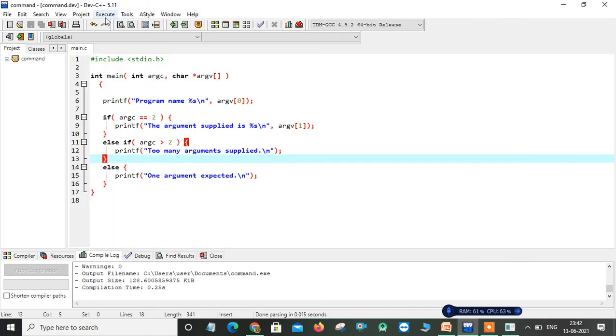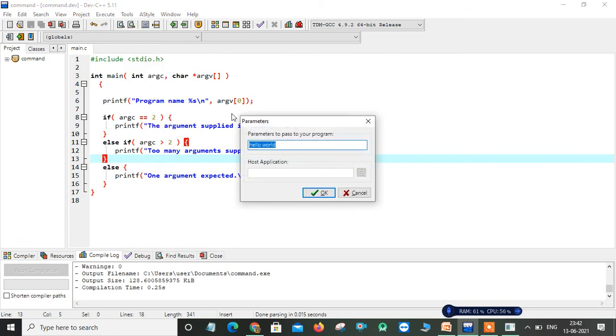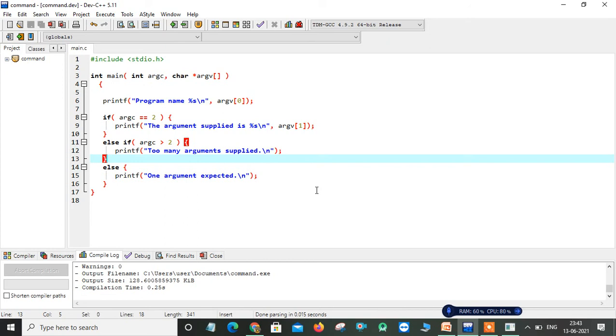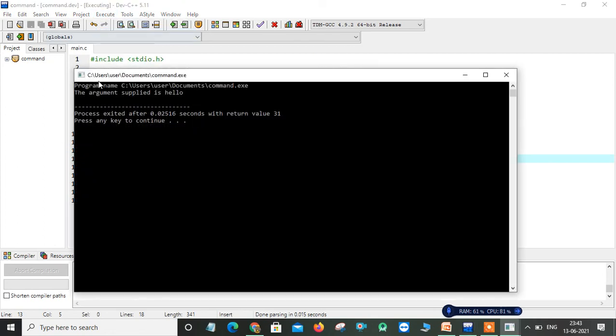Now I'll execute the third thing, which shows what you passed from your argument. I go through my parameters and change them here. I'm passing only one parameter, so I click OK. Now see what's happening. Your argc is 2, as you are expecting: one is already your program name, and one argument I passed from my command line. I just run this. Now see, the program name is this one, and the second argument which I passed is hello. So in this way we can execute command line arguments.